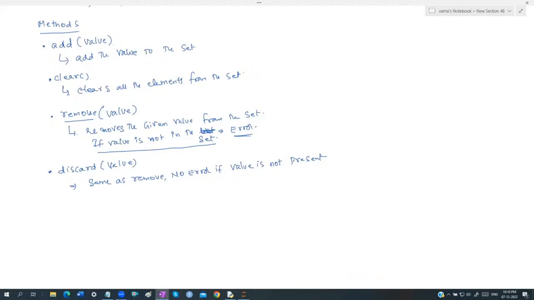Similarly, in the same way, guys, but with small changes. For adding we have only one method, add, but for removing we have clear, we have remove, we have